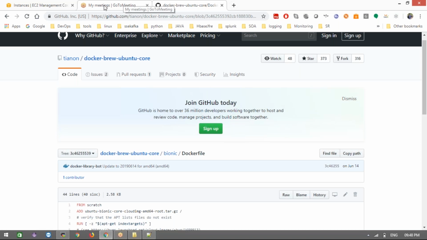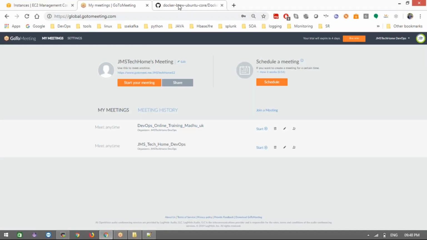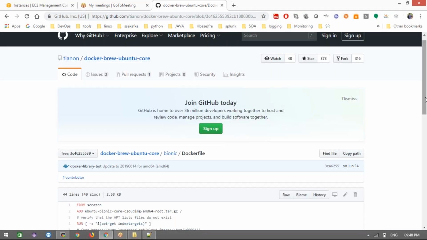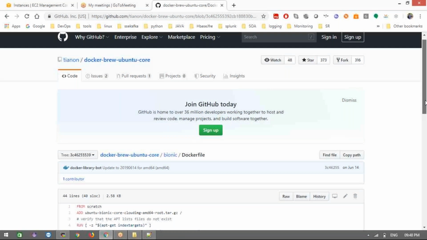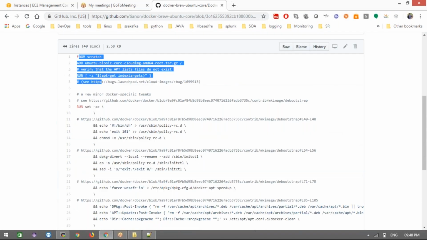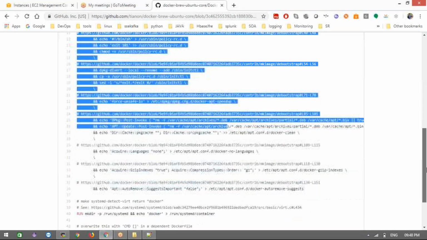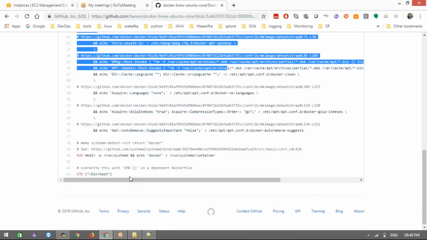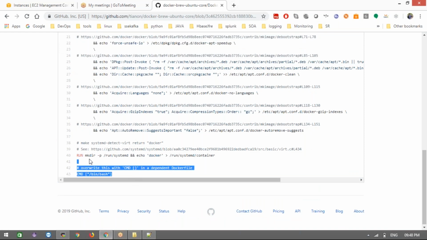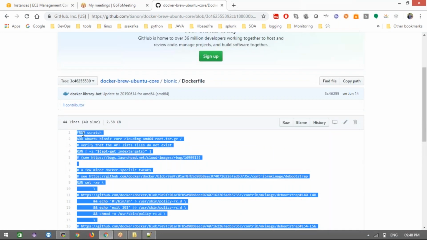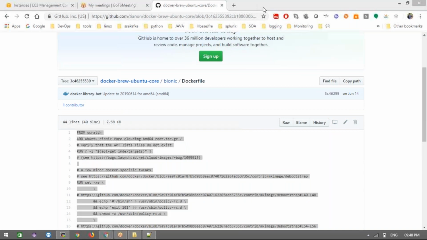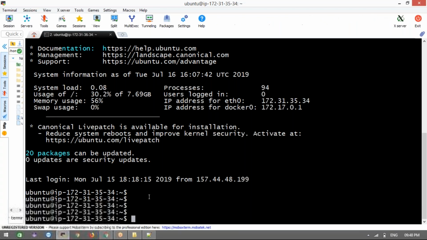Now we are going to use Ubuntu as the base image. They have written some Docker file. We'll discuss what a Docker file is, what FROM is, what ADD is, all these commands, and we will also write our custom commands. They developed the Ubuntu software using this Docker file, and after building it, they converted it into an image and provided it publicly. You can download that image directly. How can we download that image?